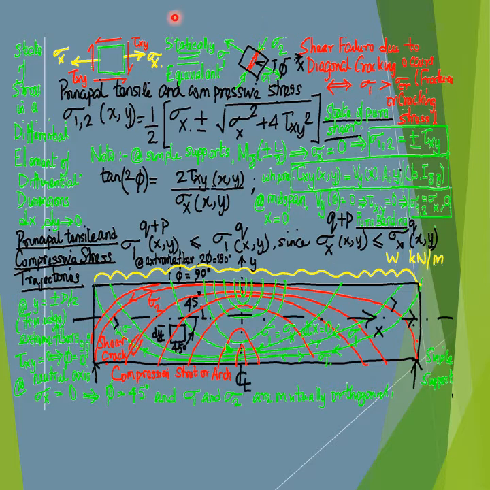Based on the treatment of the classical equations for the numerical values of principal tensile and principal compressive stresses sigma 1 and 2 respectively at any general coordinate x and y, as well as the direction of the two principal stresses at any general location of coordinates x and y, one can intuitively visualize that the principal tensile stress at any general location of coordinates x and y